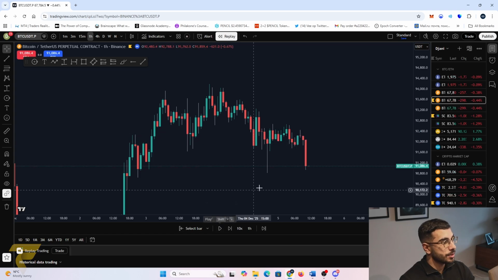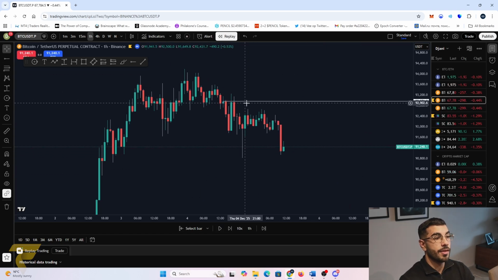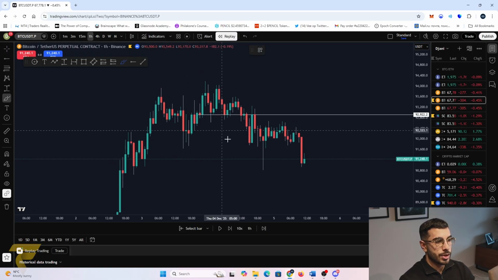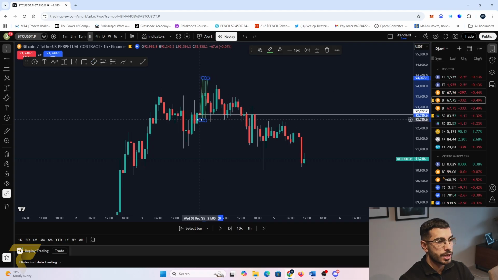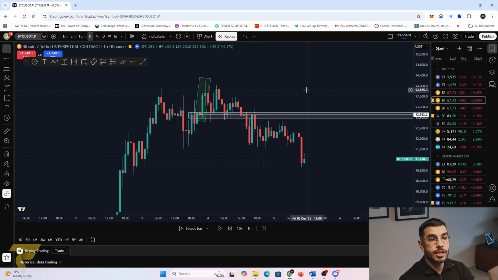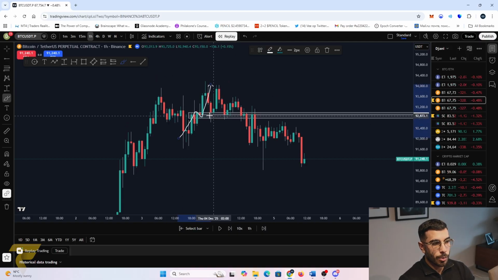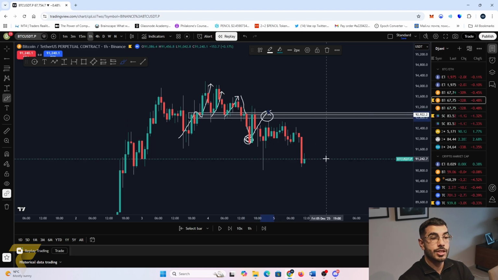So then at a certain stage, as you can see here as well, we are creating very important levels, okay? Initially this was something that I will elaborate on later in the next module of the course. It was a very important level. As you can see, there was a lot of price interaction with this zone, let's say 93K, I'm just rounding it up to a little bit higher, because initially we found support, okay, every single time price was hitting this particular zone, we go up, but then unfortunately we break through this level, we retest this,